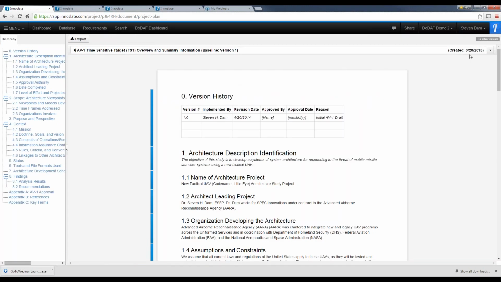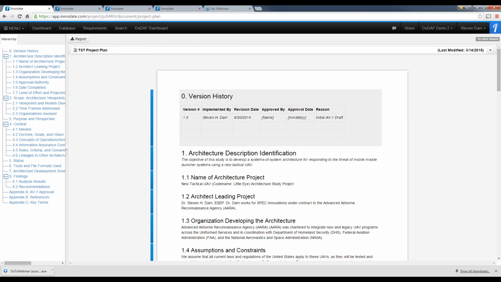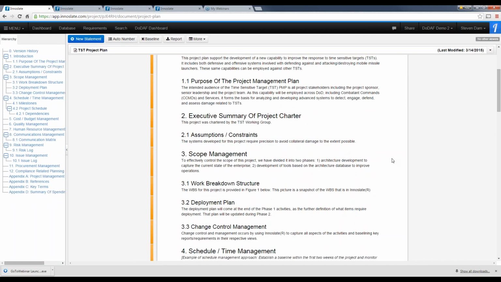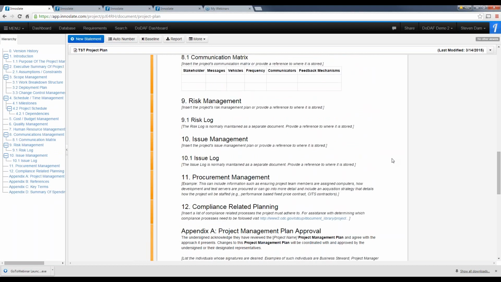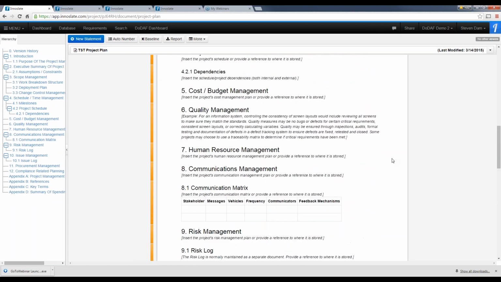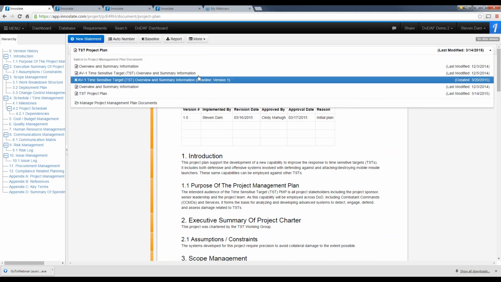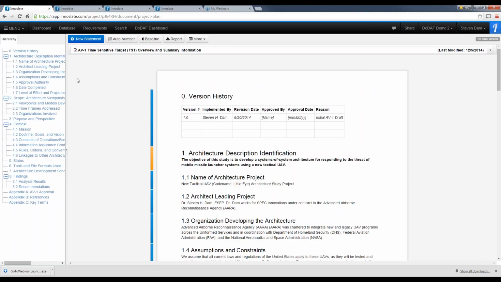Another thing we have is the ability to go to the project plan. The project plan as well. That's in the same tool. So that's another version of the same thing, with a different template to it. Okay. So you carry lots of these different versions in the tool, baseline them and work together, or